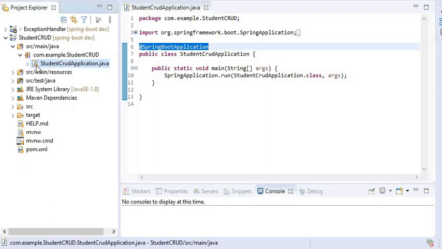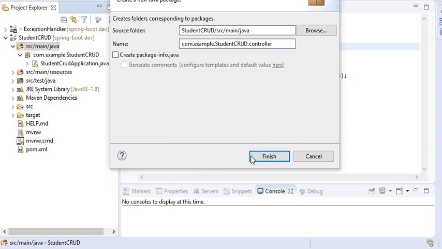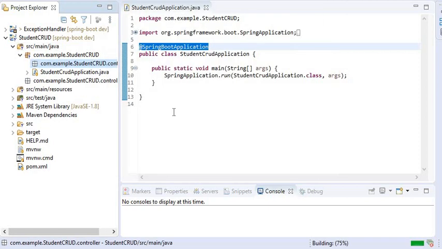Now we need to create CRUD operations for student, so we can add student, update student and get the list of students, and we can also perform the delete operation. For this, first I will create one package. Here I have created one controller package.